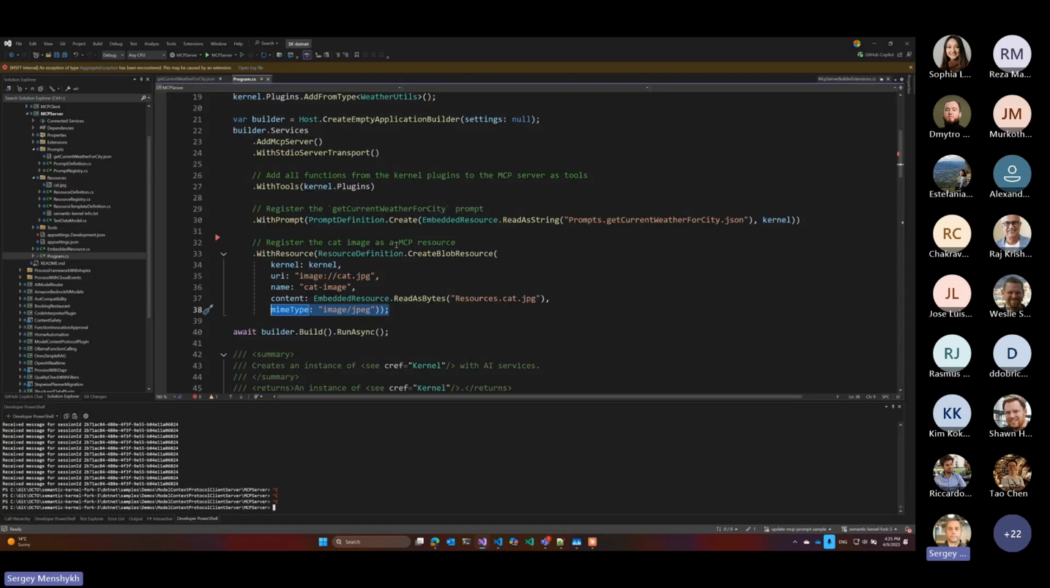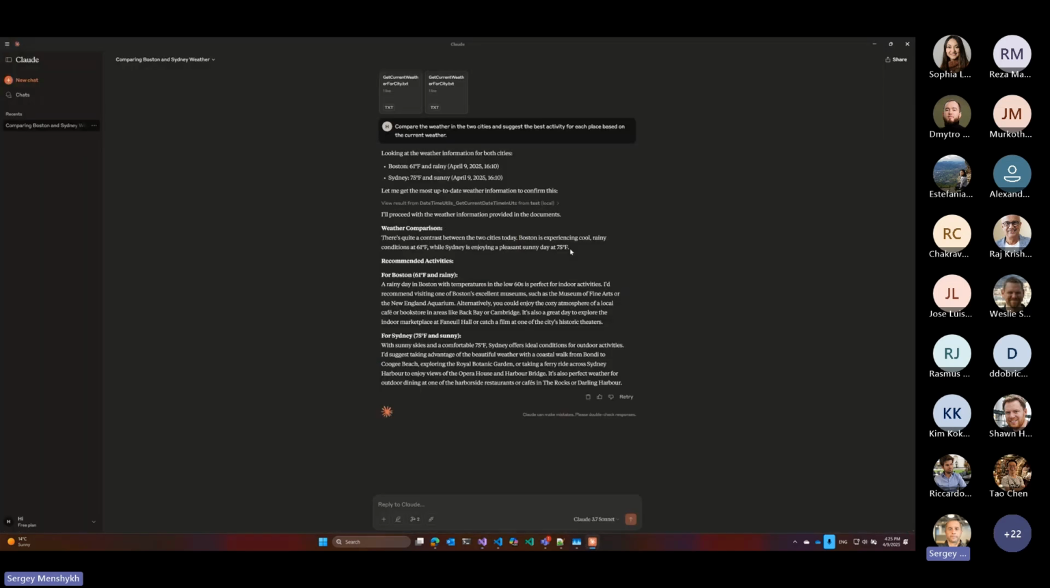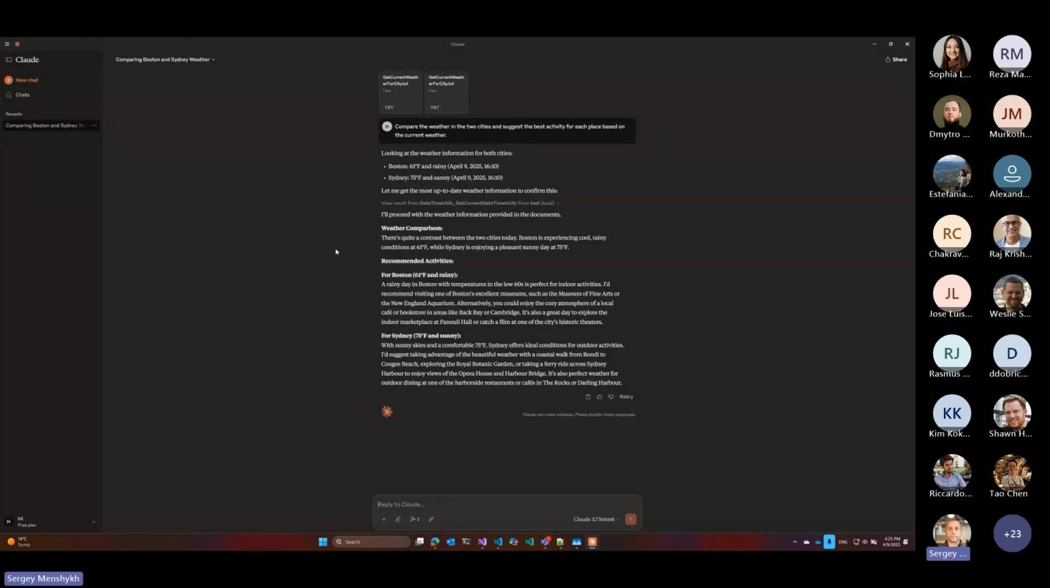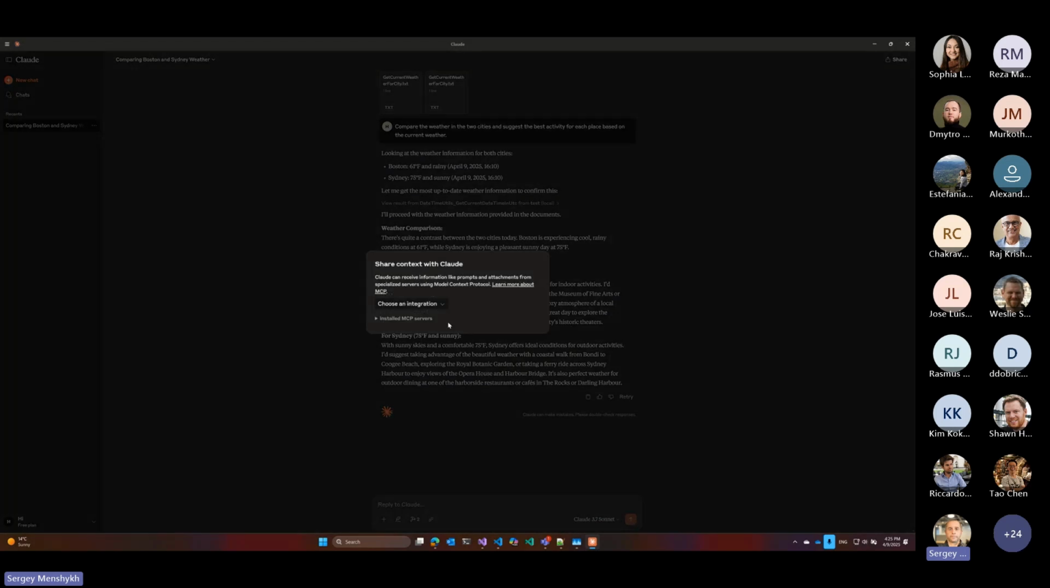Again, if I go back to Claude and click on the icon, by the way, let me try to zoom in a little bit. No, it doesn't list, so it's probably not browser-based. Anyway, I'll click on the icon, click on the drop-down, and I can see that the cat image I've just shown you is shown in the list of the